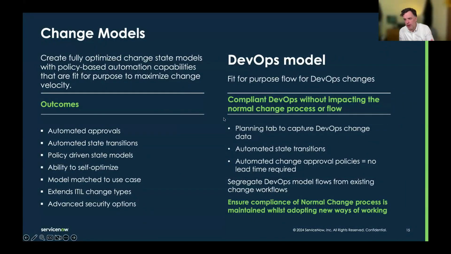They may not own the flows, they may not own the state models, but they may be given the opportunity to wire together a set of states and say, this is what our process looks like, this is what our data looks like, this is the kind of process we want to follow. And they'd work with the change managers, who would then work with the admins to get that stuff built and